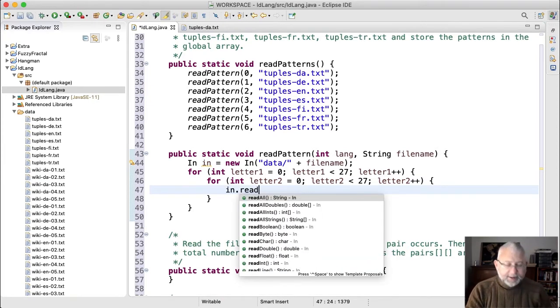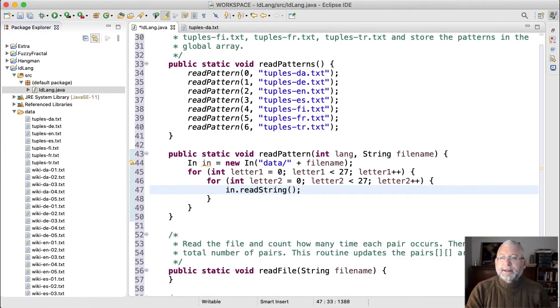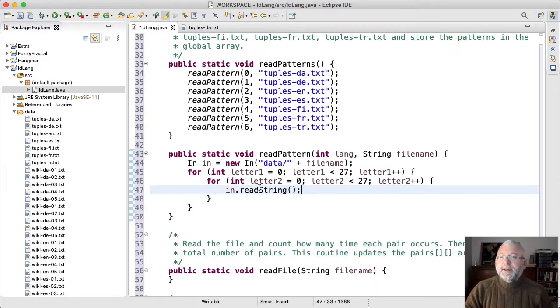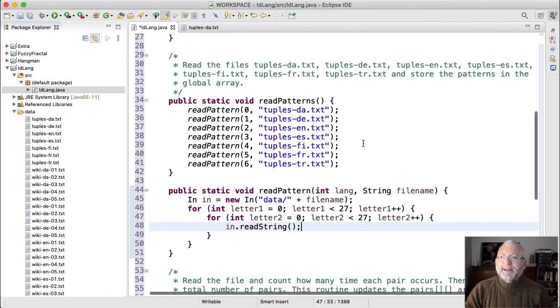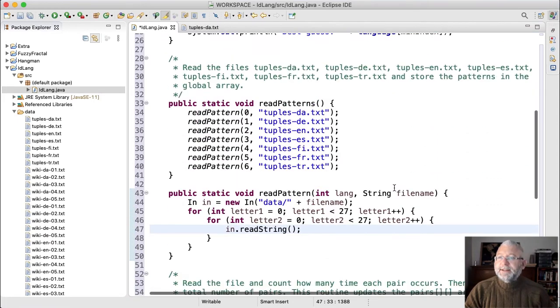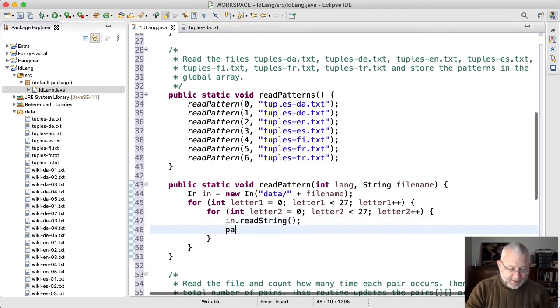I'm going to read a string. That's the string that is at the start of each line, but then I'm going to ignore it. I'm not going to store this string that I've read in a variable at all. I'm just going to throw it away. And then next I'm going to read a double, but I'm going to put it here in patterns, which is 7 by 27 by 27. So that is